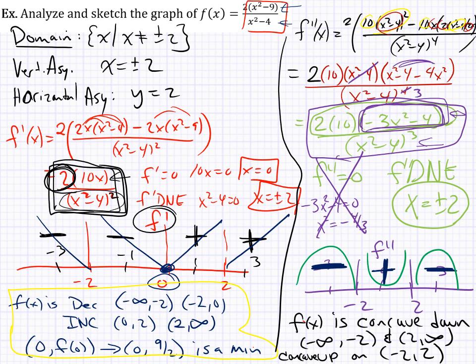All right. So we found everything we could possibly find based off of what we've learned so far. Now it's time to put it together to draw the graph. We have x can't be these values, which results in these two vertical asymptotes. We have a horizontal asymptote. We have a minimum. We have increasing, decreasing. We have concavity. So if we put that all together,